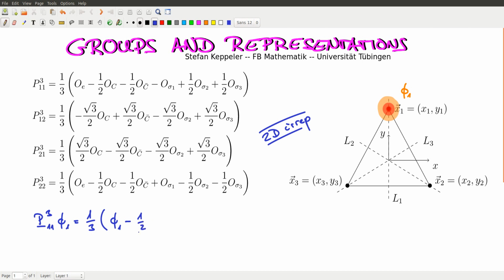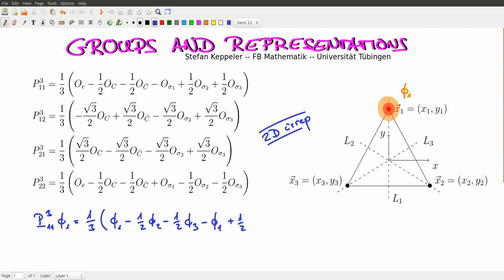Then we have minus 1/2 clockwise rotation, which sends the phi 1 to phi 2, minus 1/2 anticlockwise, we get the phi 3, minus sigma 1, so here it's invariant again, we get a phi 1,